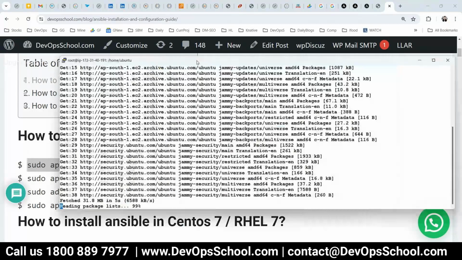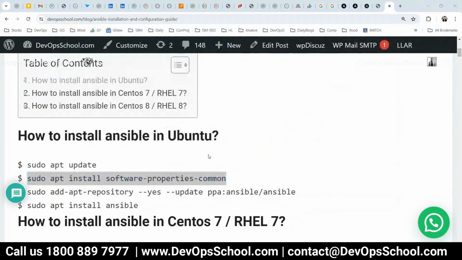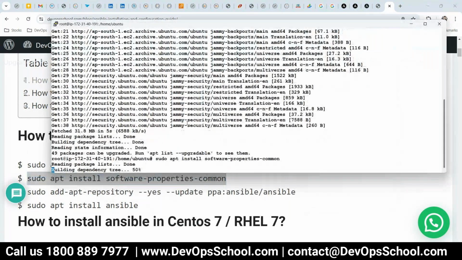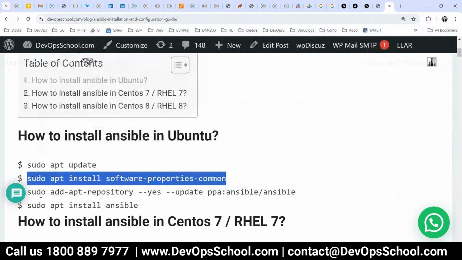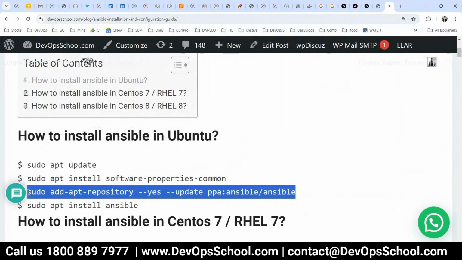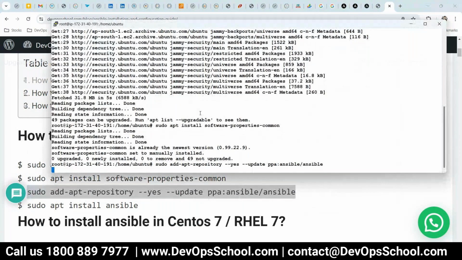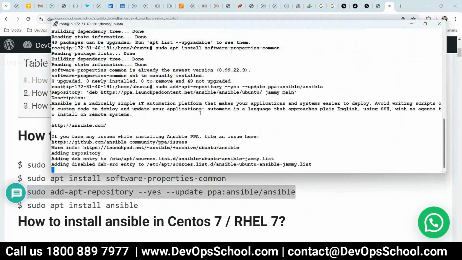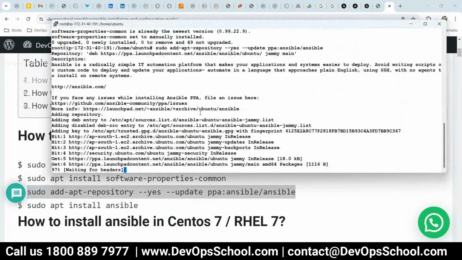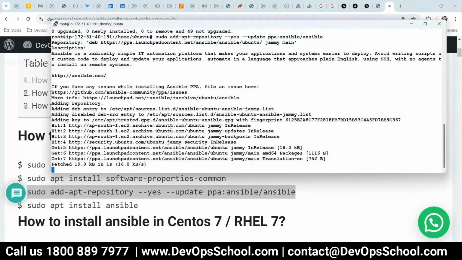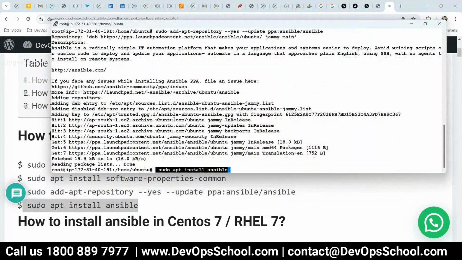Let me run this. This will add the repository. And finally it will install this. This command will install the latest version of Ansible, because it is 22, right?